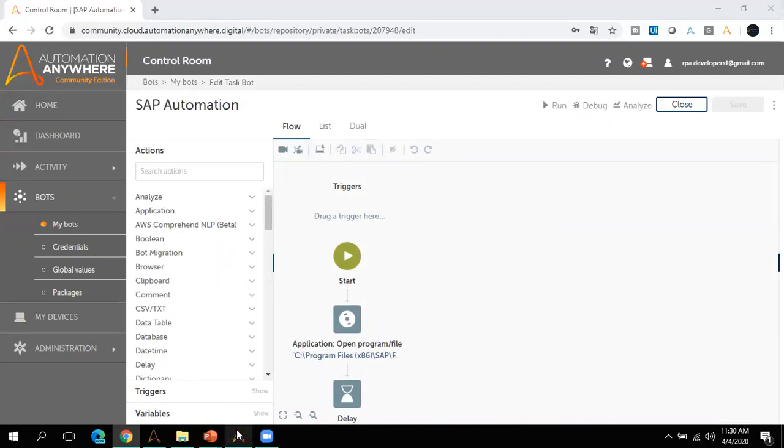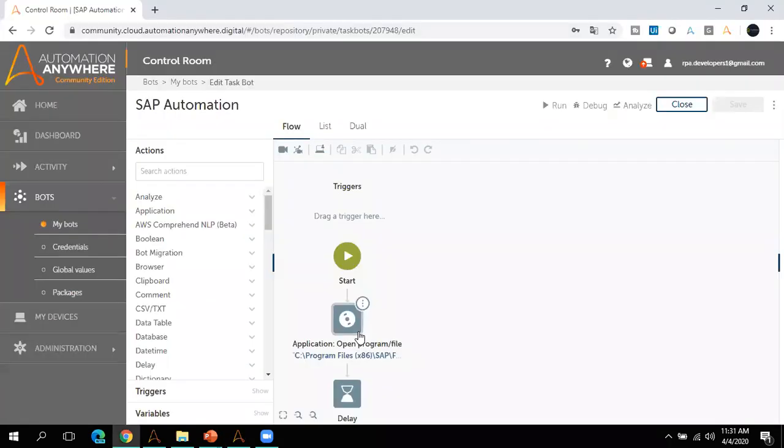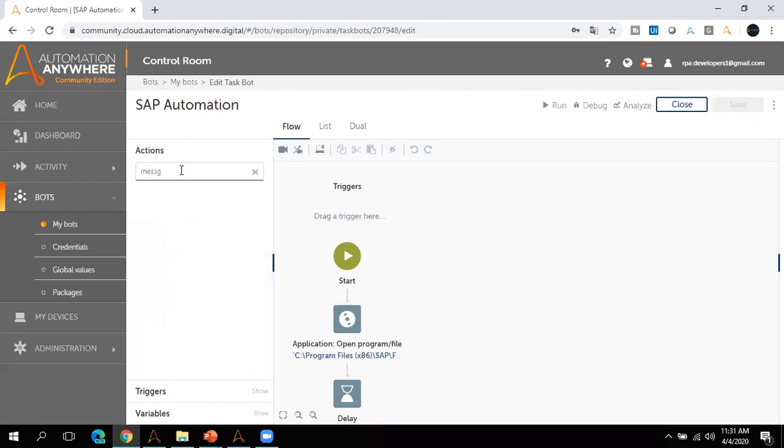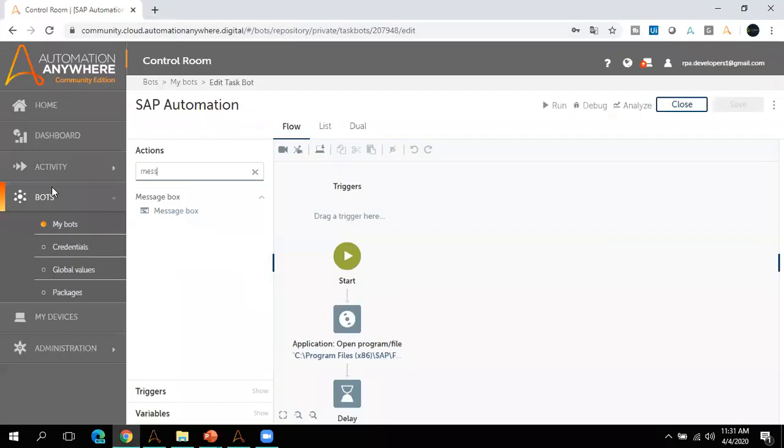Similarly, if you go to the Automation Anywhere previous version, on the left hand side I have all the commands available. We have to drag and drop them into the body to build a bot. The same thing goes here also. You can see we have all the commands available here. The only thing they have added is that you can search here. In case you want to look for a message box, if you type it here, it will come up. However, it was not there in the previous version, right? So you had to look for the particular command and then drag it to the body.